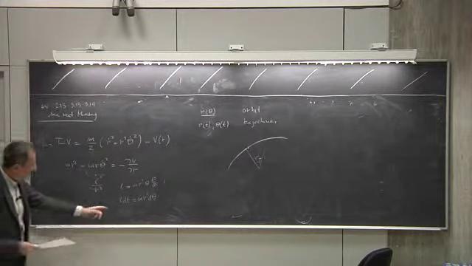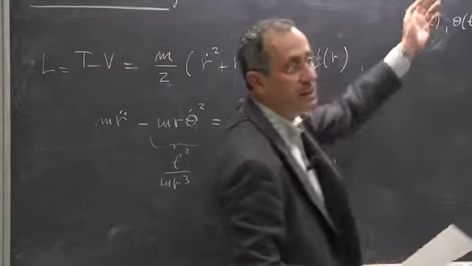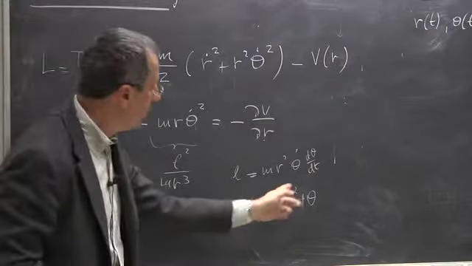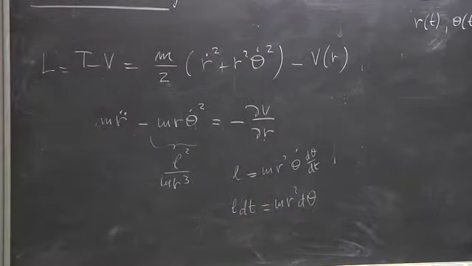Anyway, now you see what I can do. I can trade the dependence on t with the one on theta. So I can transform this equation that originally would have given me only r of t into the equation of the orbit. Because of this relation between theta and time, due to the conservation of the angular momentum, I can always switch using roughly the same equation, and instead of studying the trajectory, study the orbit directly. So I want to just go and do that